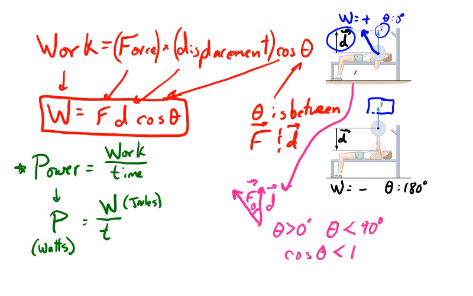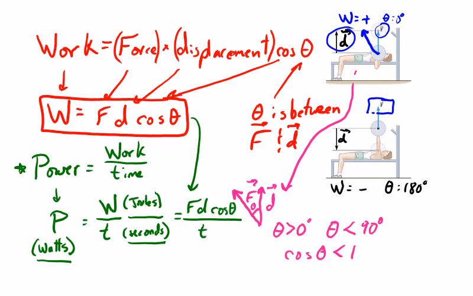So this would be our joules divided by seconds. We saw this with our recent test, because we could multiply the watts times the seconds to get joules, or we could take our kilowatts and multiply by hours and get kilowatt hours, which is another unit for work, another unit for energy. But a couple of extra little things here. If we replace work with the equation for it, force times displacement times the cosine of theta, all divided by our time, we end up with a little d over